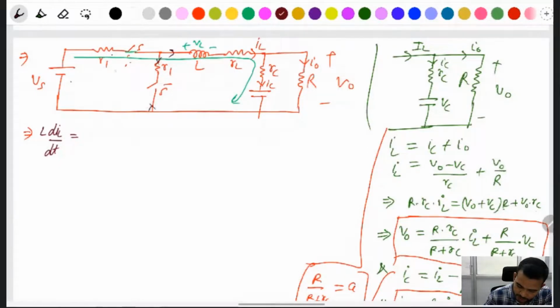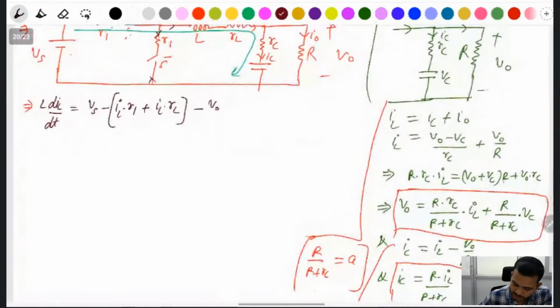Vs minus this one, current is flowing the same here because this one is an open circuit, and this current flows like Vs minus this voltage drop IL into R1, and this voltage drop plus IL into RL, and minus V naught. V naught is given here, you can write directly